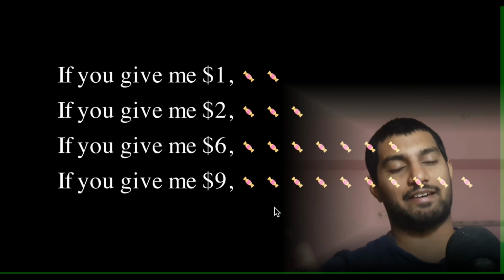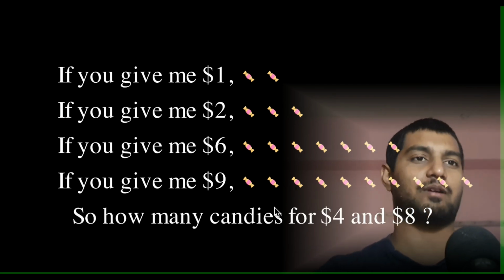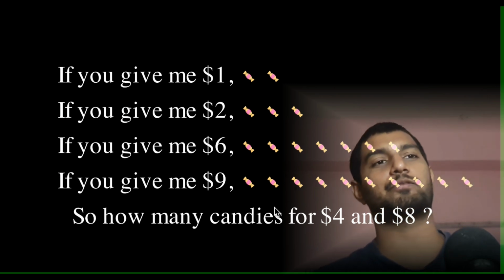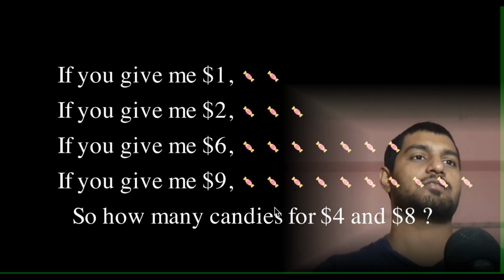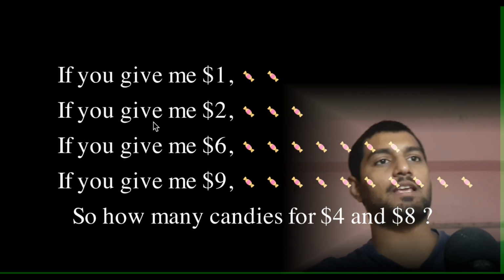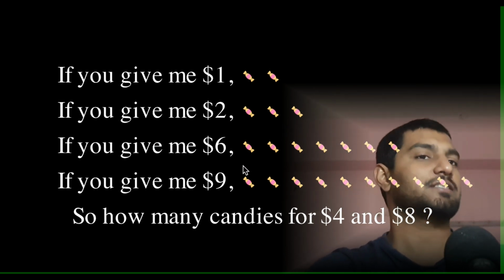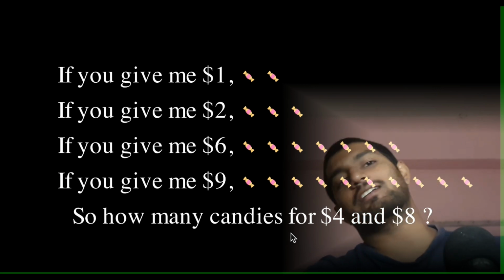So if you remember, I gave you a problem of dollar and euro, right? Before solving that problem, I think that is an intermediate level problem, so before that, we're going to solve some easy problems, which will basically get you thinking about how to solve that problem. So if you see over here, if you give me $1, I'll give you 2 candies. If you give me 2, I'll give you 3. If you give 6, I'll give you 7. If you give 9, I'll give you 10. So how many candies will I give for